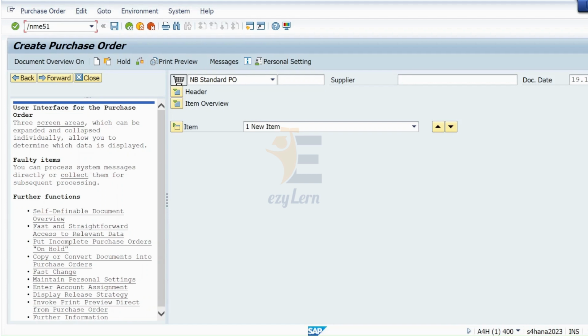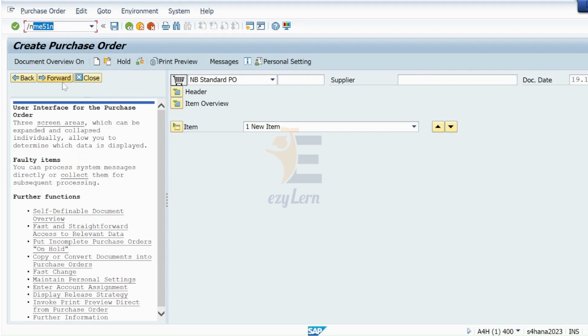So in a single step I can do it, using /n followed by T code. What will happen is that this screen will be overwritten: the purchase requisition screen will open and this screen will be closed.